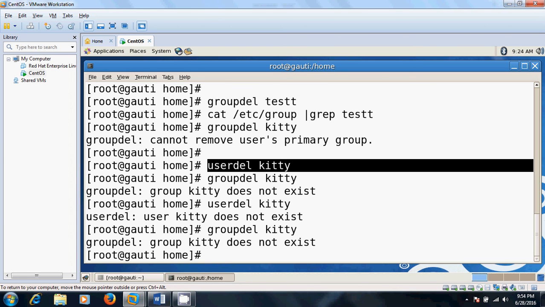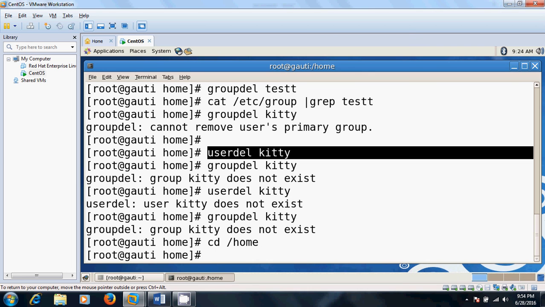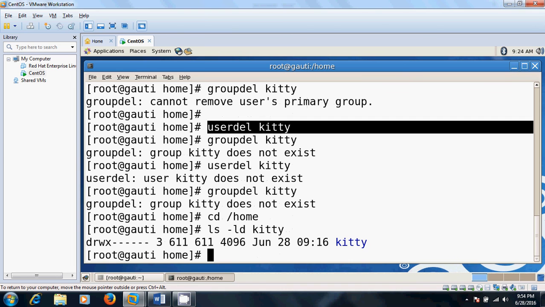Okay, let's move to the home directory, cd /home. After that we check the user kitty, ls -ld kitty. This is the directory, read write execute. This is the user ID, group ID, the date we made it, and kitty is the username.